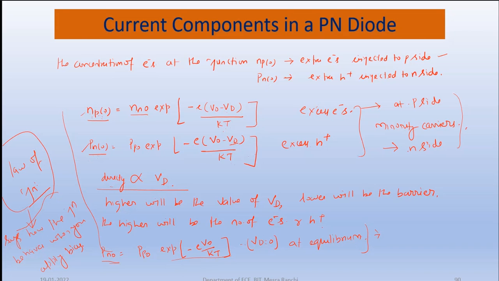So more charge carriers can diffuse to the other side and will result in excess electrons and holes at the n and p side, right? So the higher the value of VD, the lower the barrier, and the higher the number of electrons and holes, right? Yes, sir. So if we put VD equal to 0 at equilibrium,